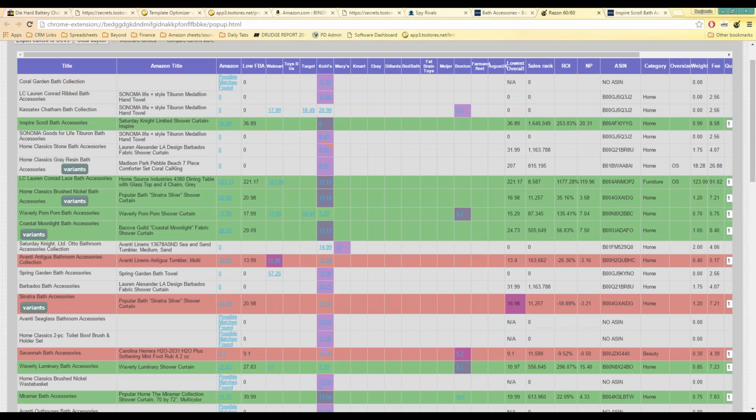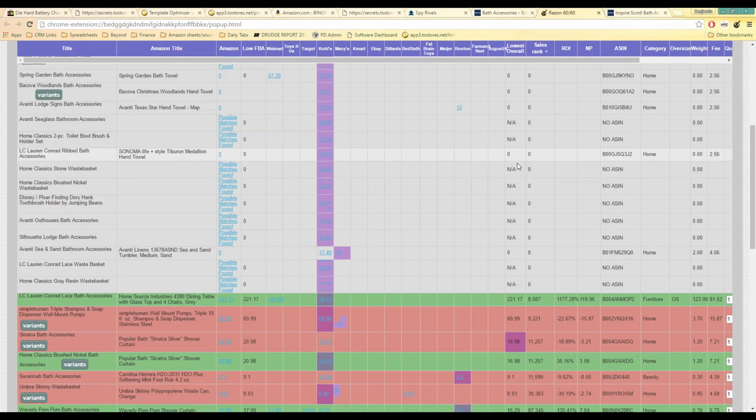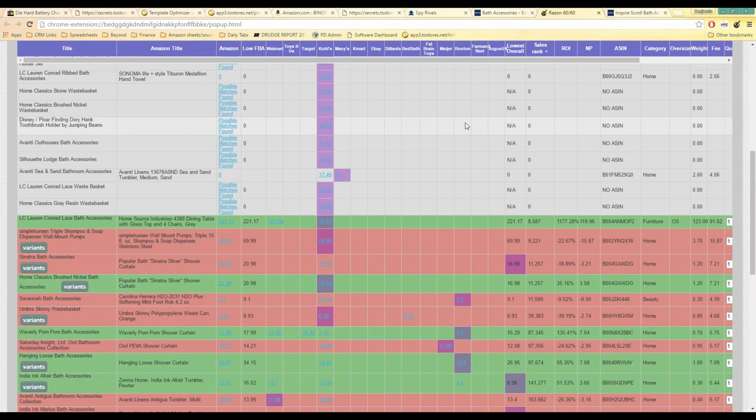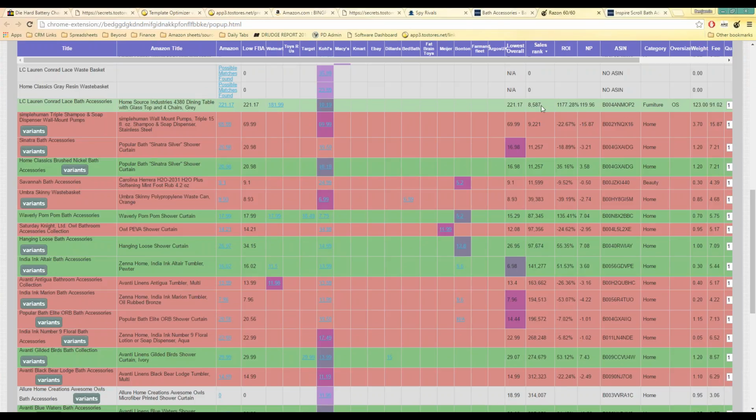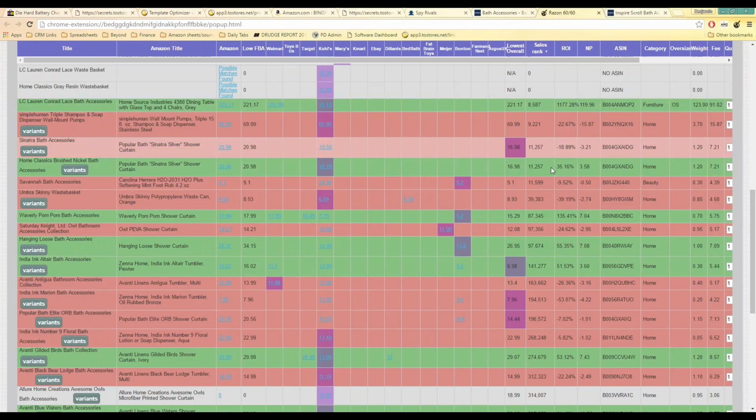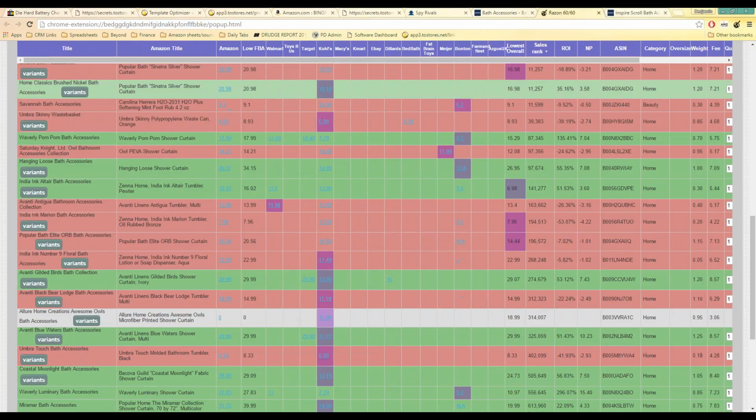Now, of course, there's some considerations. You actually have to make sure that the sales rank is okay. So I can sort this by lowest to highest. I stay away from sales rank 0 because it doesn't sell. But look at this. This one has a sales rank of 8,587. That's awesome. This one has a sales rank of 11,257. That's awesome. Okay, so basically we are finding items that we can sell, and we know what our return on investment is,